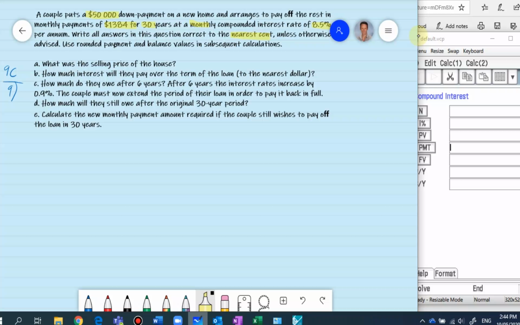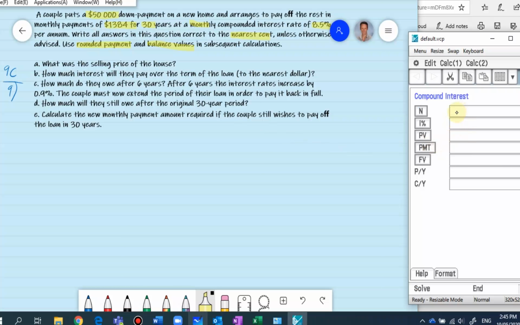Use rounded payment and balance values in subsequent calculations. So first off, what was the selling price of the house? Okay. So to work out the selling price of the house, we understand that they had a $50,000 down payment over 30 years. So 30 times 12